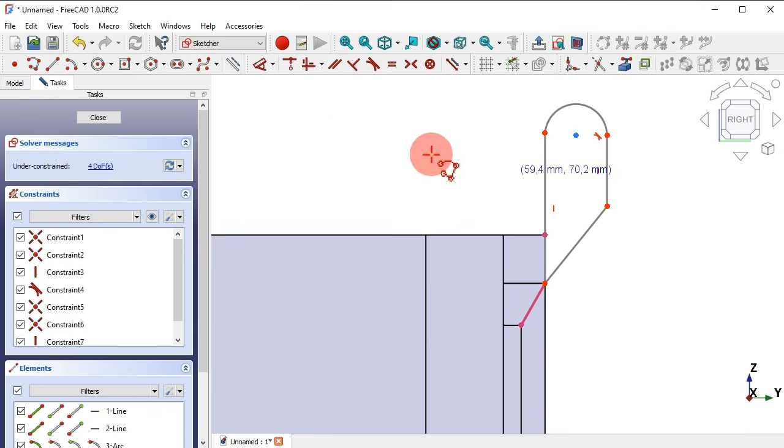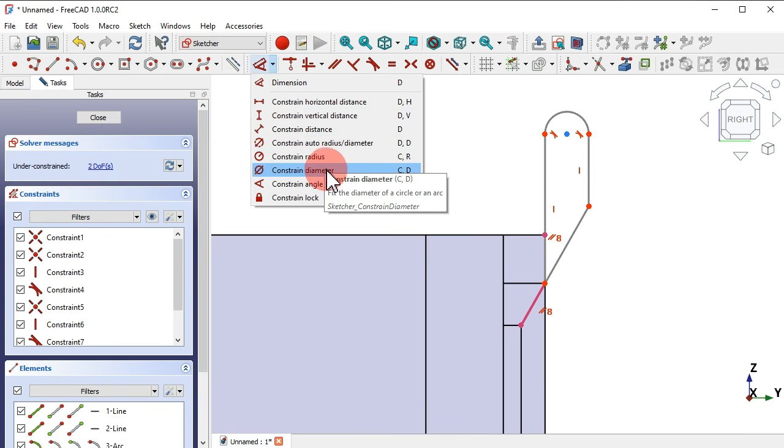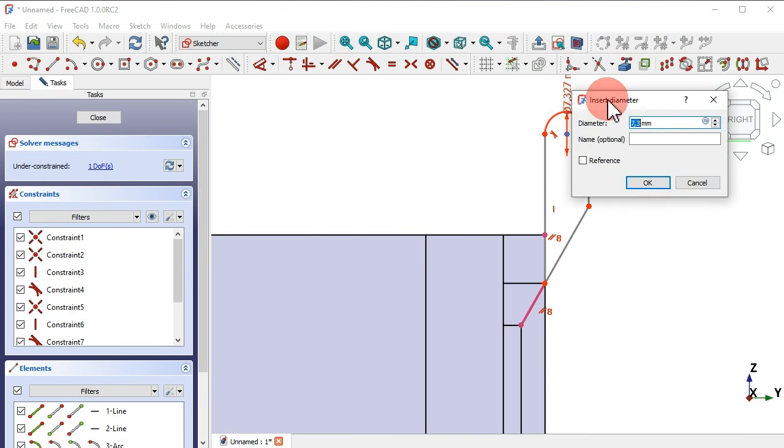Okay, now we have this. Next, skip this tool and select this point and set tangent. Select this line and this edge here and set parallel with this tool here, and we have this. Okay, and next just click here and select constraint diameter, this tool here, and click on this arc here and